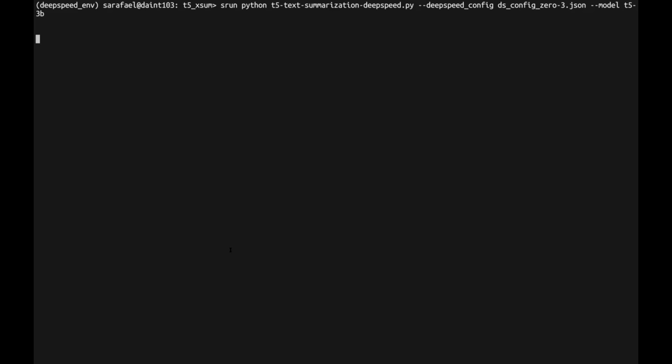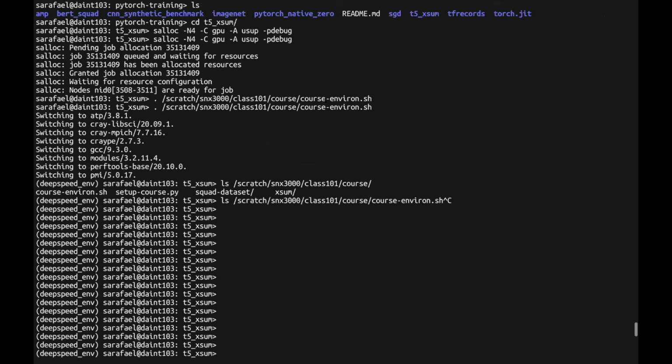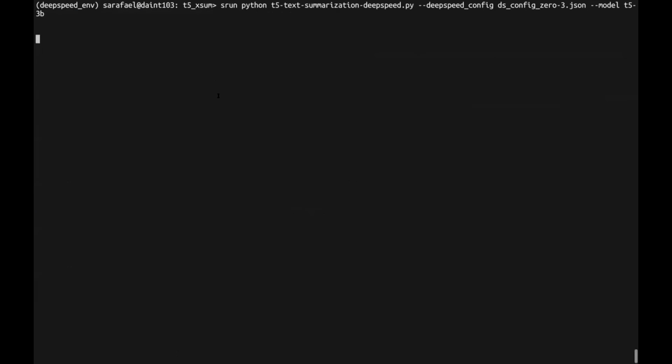I didn't think this through very well. I should have maybe done something alternative, because it takes a couple of minutes to start. So here we are using four GPUs, okay,